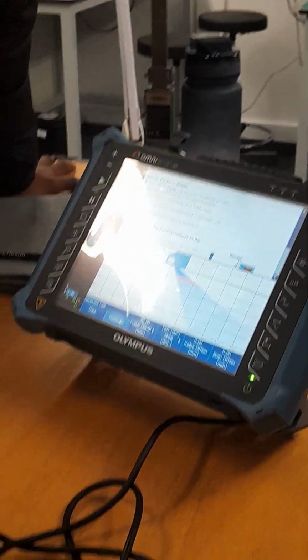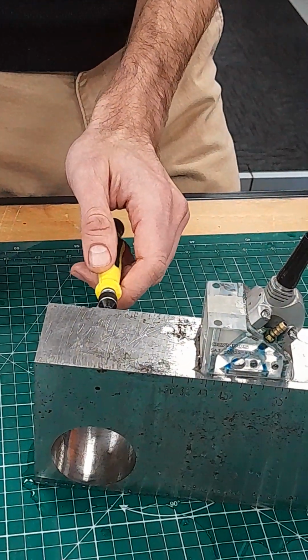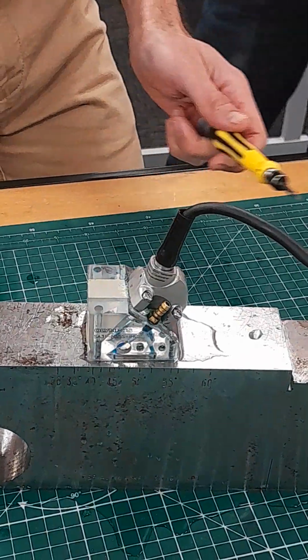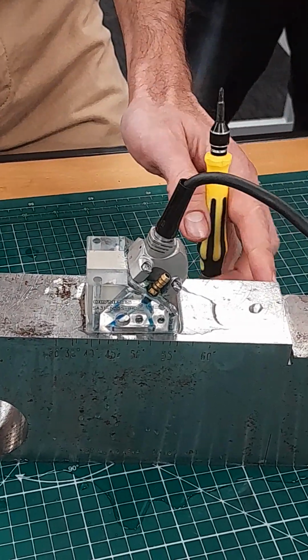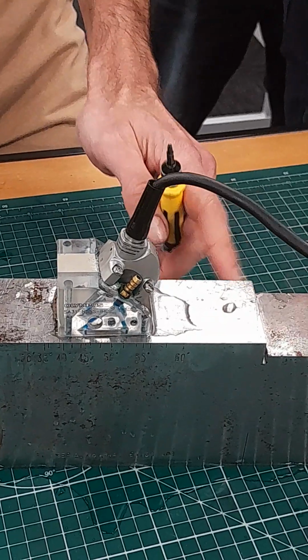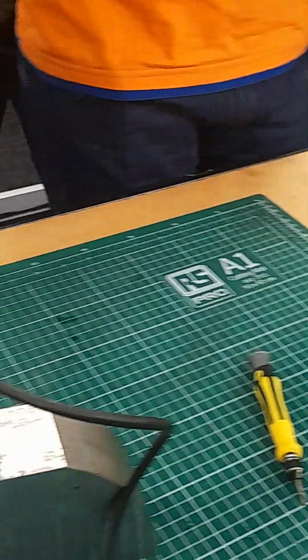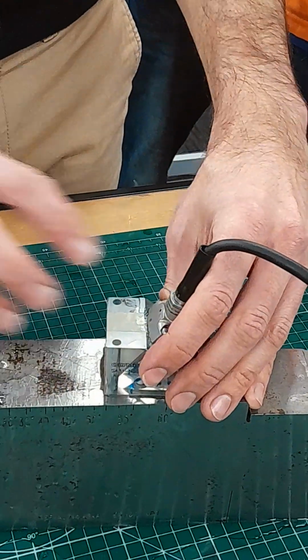Focused. Okay, leave it at 30. That hole must be at 15 depth. I'll leave it at 30. It will still be okay. Then when we turn it around to look at this corner here, for example, we'll set it to focus deeper. Okay, if we generate here now, you will see on our screen